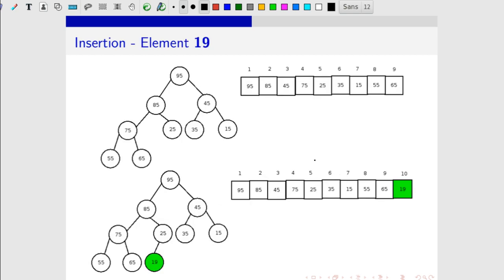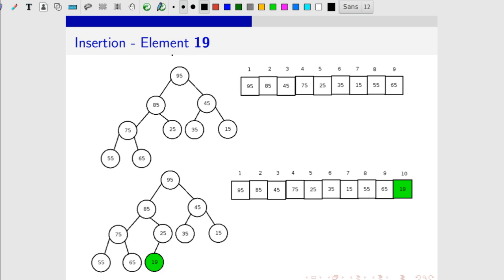So, we will be considering two operations, insertion and deletion. This shows an insertion operation. In the case of insertion, we will be inserting the element as the leftmost possible leaf, and checking whether the heap property is satisfied.